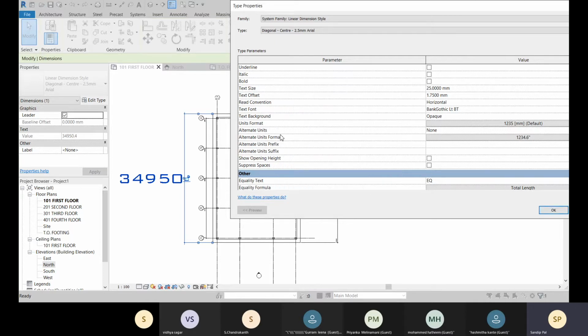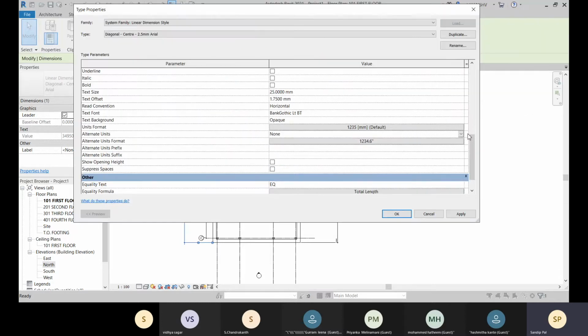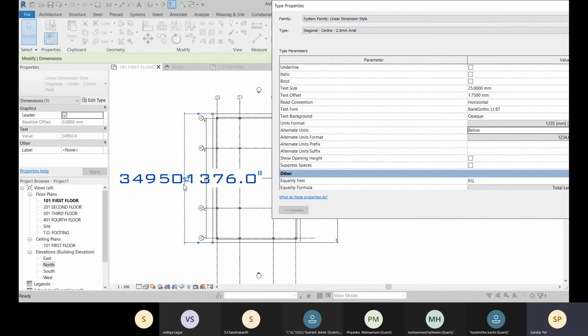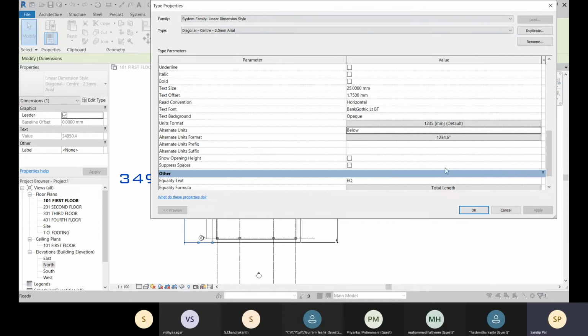If you use these alternate units, let's select this towards the right or towards below, the bottom. So you will have one alternate unit below your main unit. You click on apply, OK, and here you can see that you are having it. Okay, so let me change this read convention to left then up, and let's click on apply and OK, and here you can see.